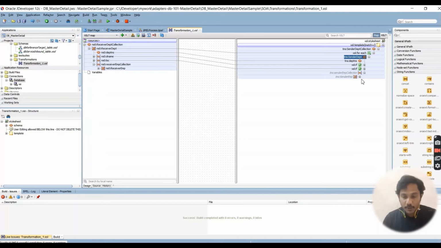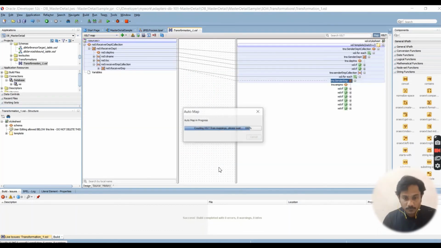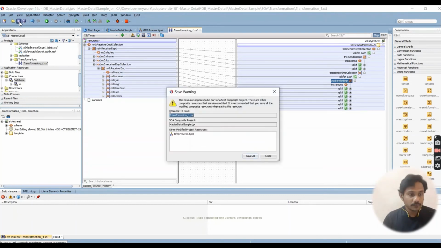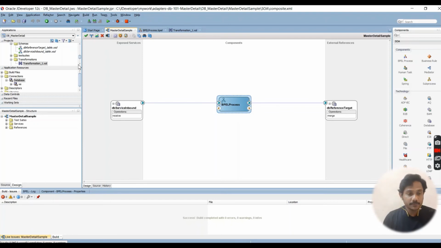Here we are going to map the two tables. So mapping is done. Save the transformation. Now our project is ready.